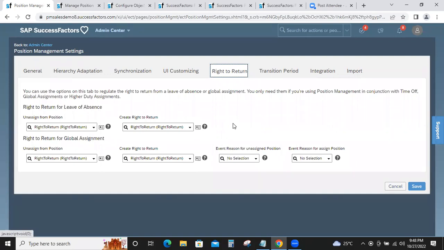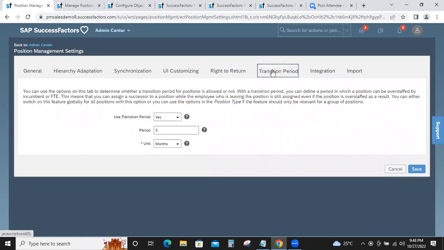Okay, we have two people profiles. Basically, global assignment will have two people profiles. I'll explain that later. And when it comes to the transition period, the transition period is nothing but